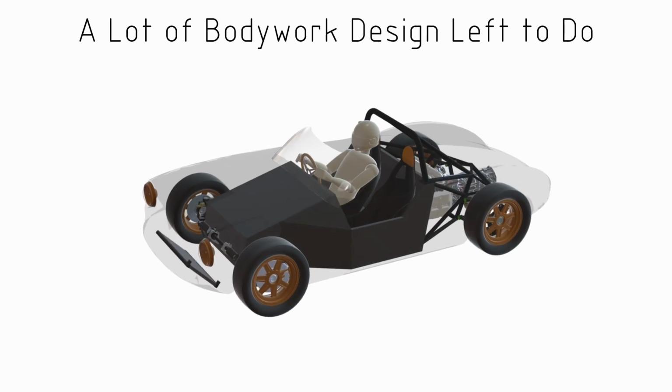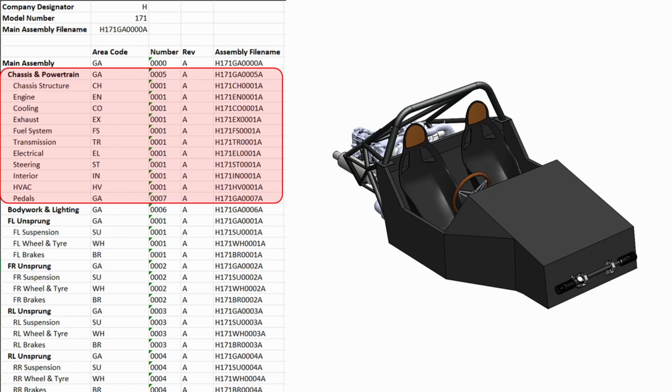Now the other part, the chassis and powertrain, which we'll be using as the sprung mass, that's going to include the chassis structure, the engine, cooling system, exhaust, fuel system, transmission, electrical, steering, interior, HVAC, and driver controls. Each of those is going to have a major assembly in itself. We want to be able to turn these on and off in our model independently, especially as we're looking forwards and we may consider alterations to the vehicle. So say we want to install a different engine model,